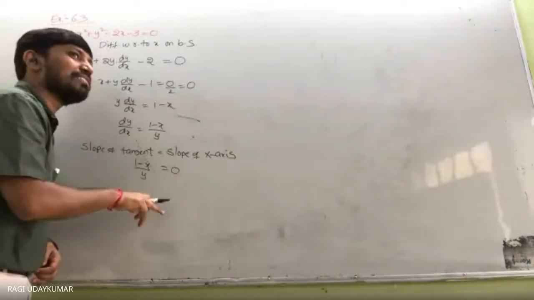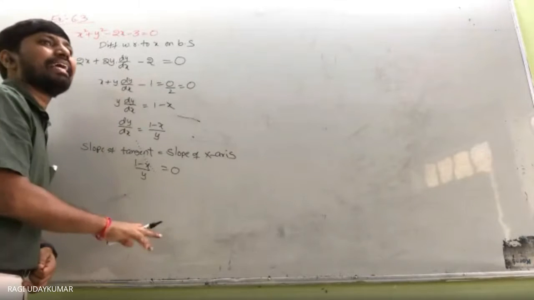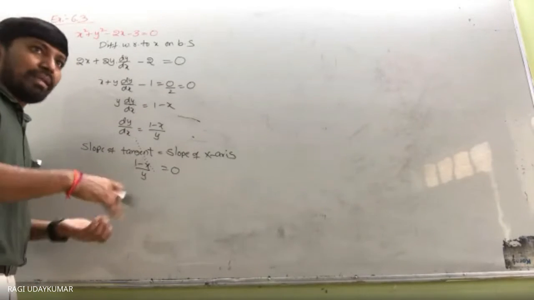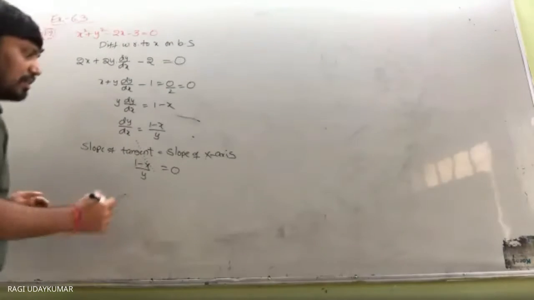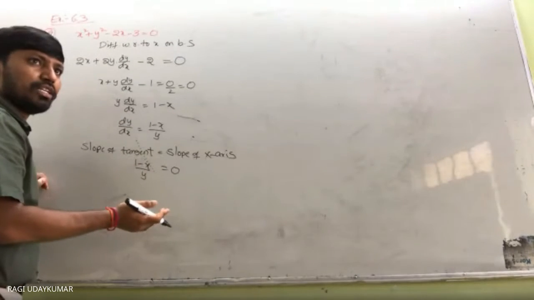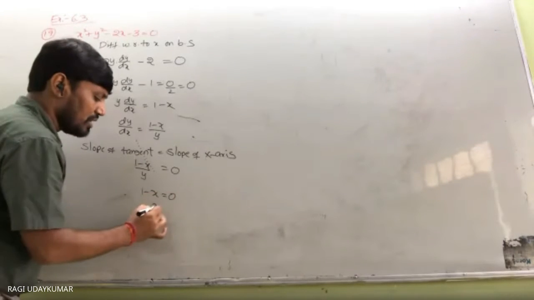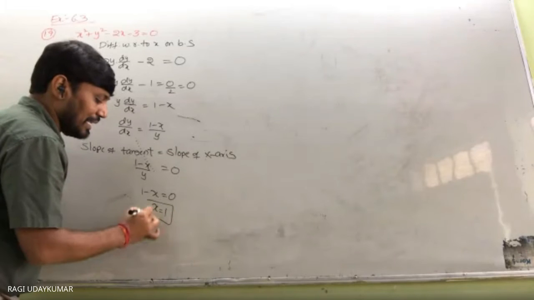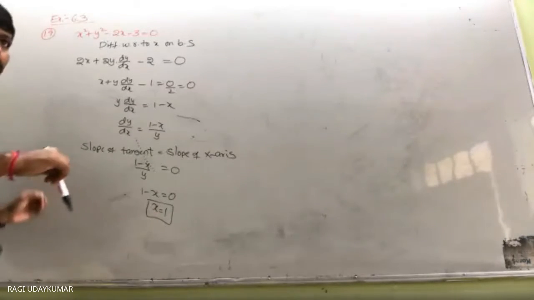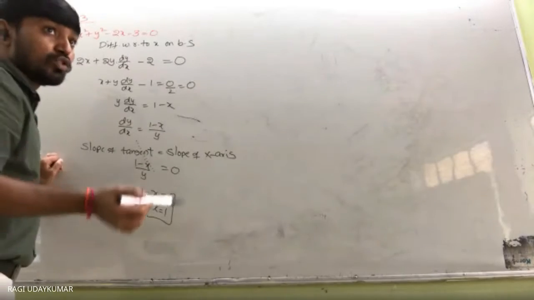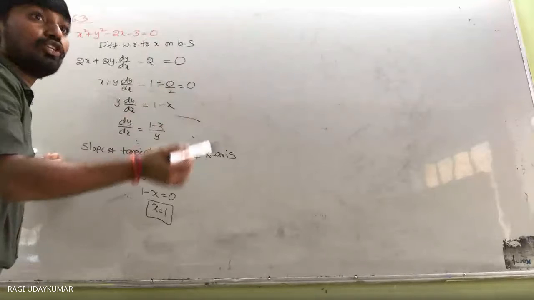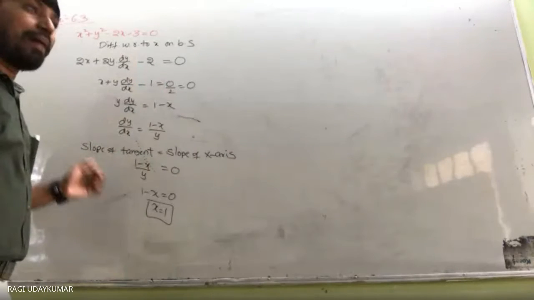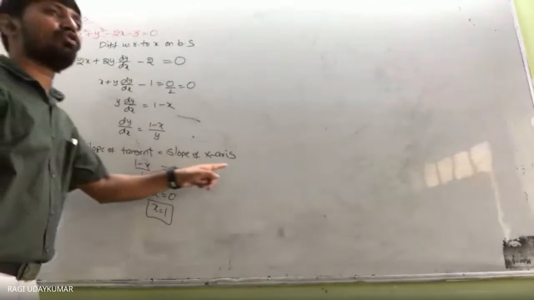This is nothing but the x coordinate. So directly I am taking care. In the previous problem we had a point, another point, so that's why a comma b was taken. Here it is the x value we need to find out. So 1 minus x is equal to 0, x is equal to 1. At the point x equal to 1, the slope of the tangent to this curve is equal to 0, that is the x-axis. So it is parallel to the x-axis. The slope of the tangent is equal to the slope of the x-axis.